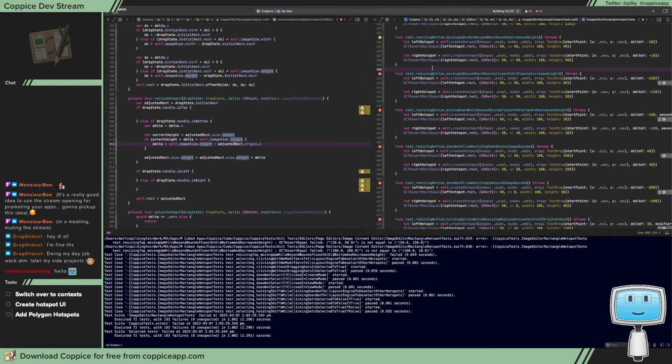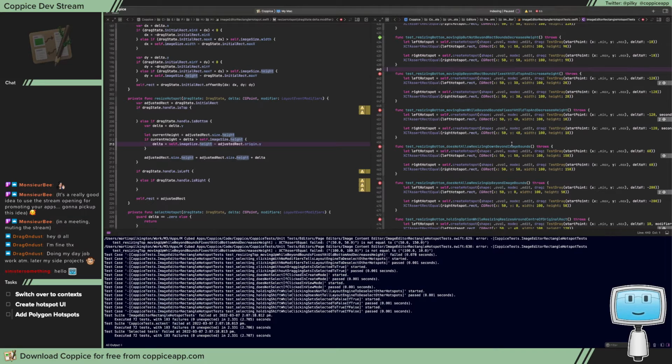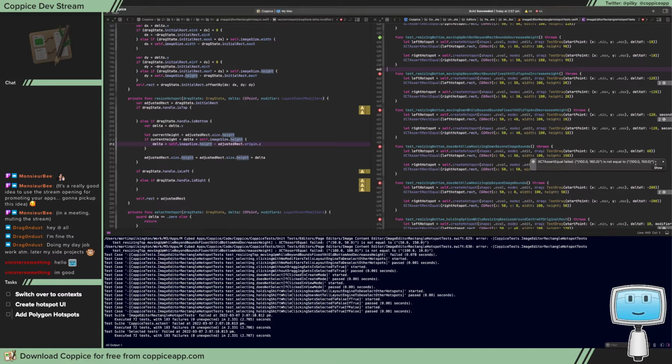Right, I've renamed these, which means that I should now be able to see why this is failing. 160 is not equal. Okay, so that is going down by the full 60. So the current height. Ah, we're getting the rect size. We don't want the current height here. We want the adjusted rect dot